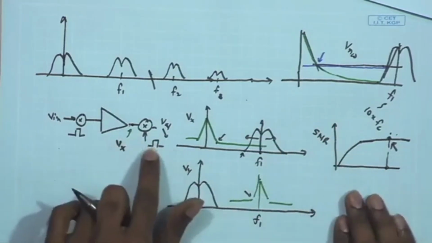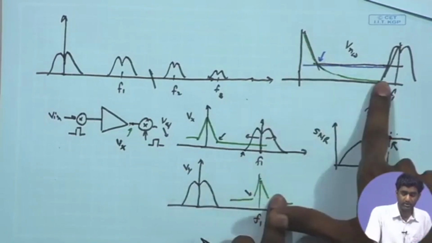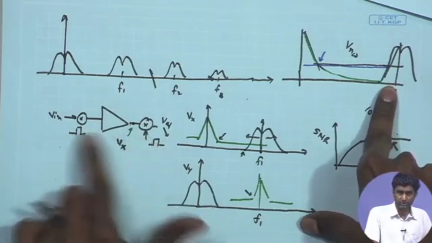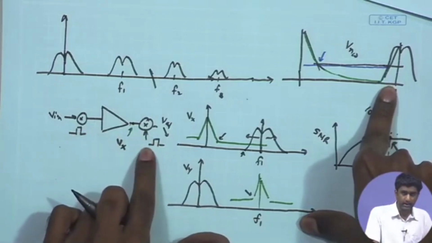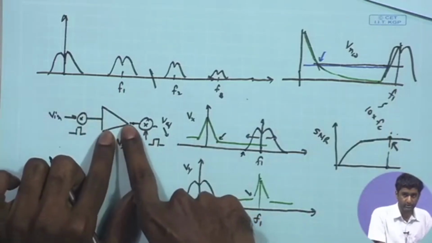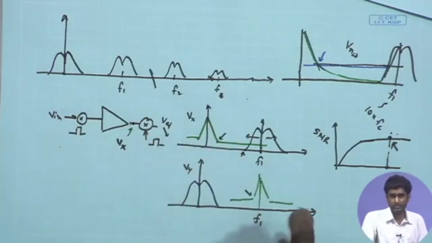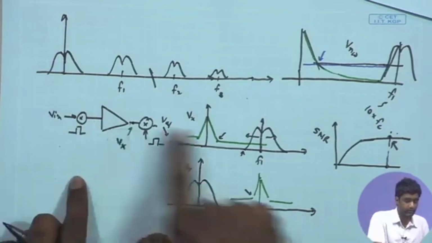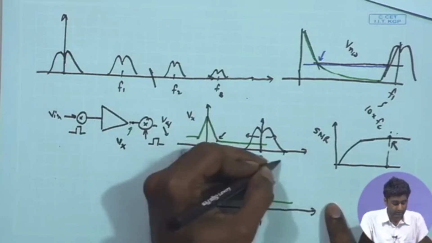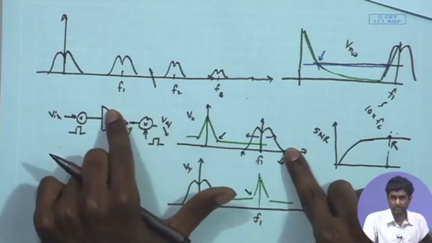So, if I am trying to impose larger and larger chopping frequency to push my signal spectrum much away from this 1 upon f and much further away from the tail of this 1 upon f, I am enforcing larger clock frequency on these two multipliers, and along with that I am also having a constraint on the bandwidth of this amplifier, because in absence of the chopper, the bandwidth of the amplifier was just supposed to cater to the input signal, but now the bandwidth of the amplifier must cater to this shifted signal f1 plus b. So, now if this is the bandwidth of the signal, f1 plus b is the required bandwidth of the amplifier, and therefore,